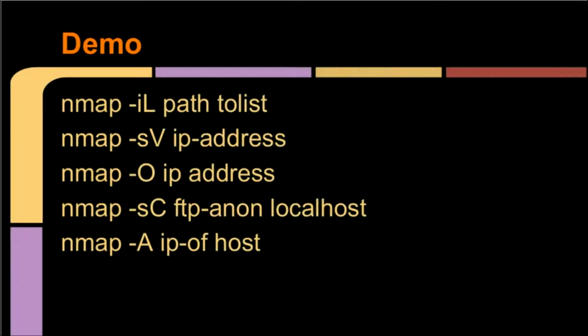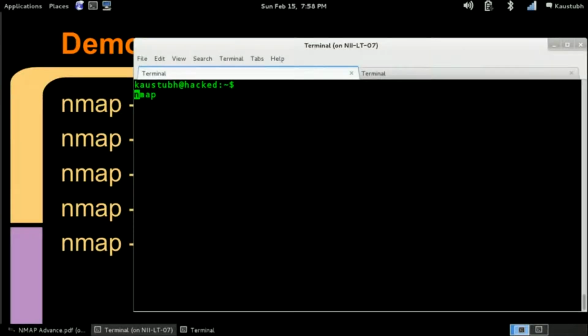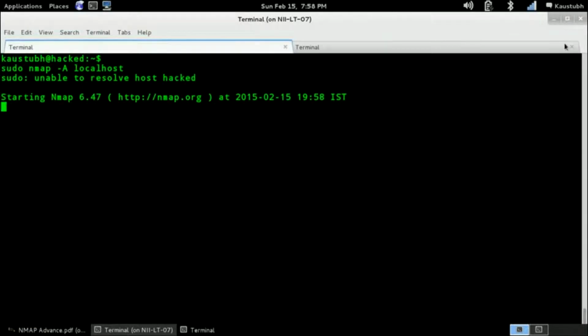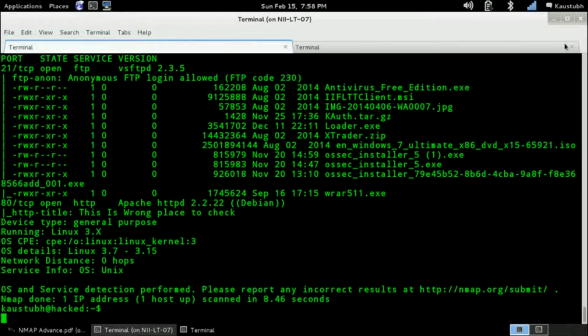And now our deadly scan, nmap hyphen A, sudo nmap hyphen A on localhost. It will try to run all possible scripts, it will try to detect the operating system which is running. It will try to detect everything regarding the host, but it took time. You can see here it detected the OS. Here it ran an HTTP script. It found Apache 2.2. Then it ran an HTTP script to check the title. This was the title of my local host.